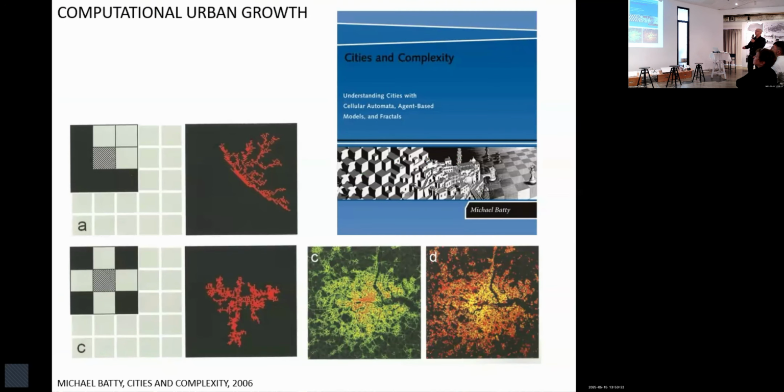And this goes on, of course, with Michael Batty. He starts to talk about how cities grow, and he's learning from computational concepts, cellular automata basically, applied to urban fabrics. This is where I start to join the story. This starts to be my personal perspective.